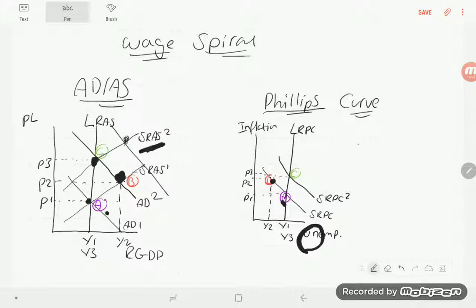What's the consequence of trying to get more people into work at P4 this time? Well, all that's going to happen is that they're going to ask for higher wage rates. So short-run aggregate supply is going to shift to the left, because they want a higher wage rate to represent the higher cost of living at P4. And so what we end up with is something which looks like,